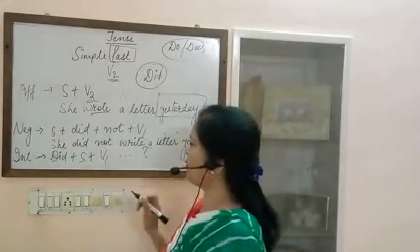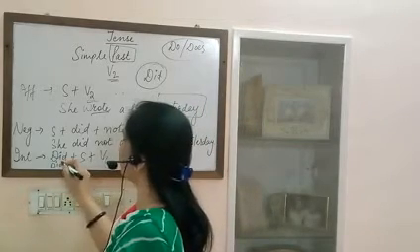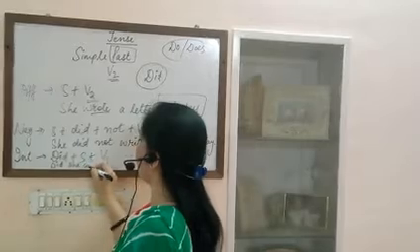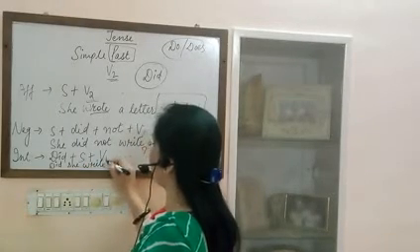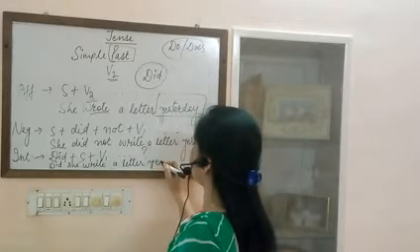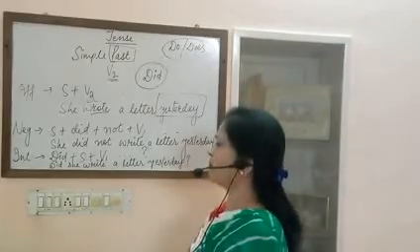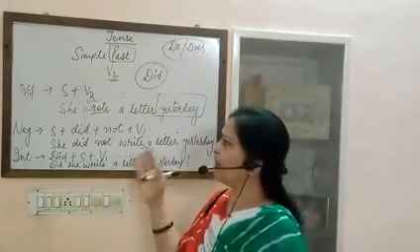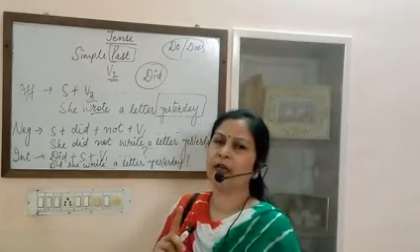So according to this formula, the sentence would be like this. Did she write a letter yesterday? This is how we write sentences of simple past tense. And the mistake which is often